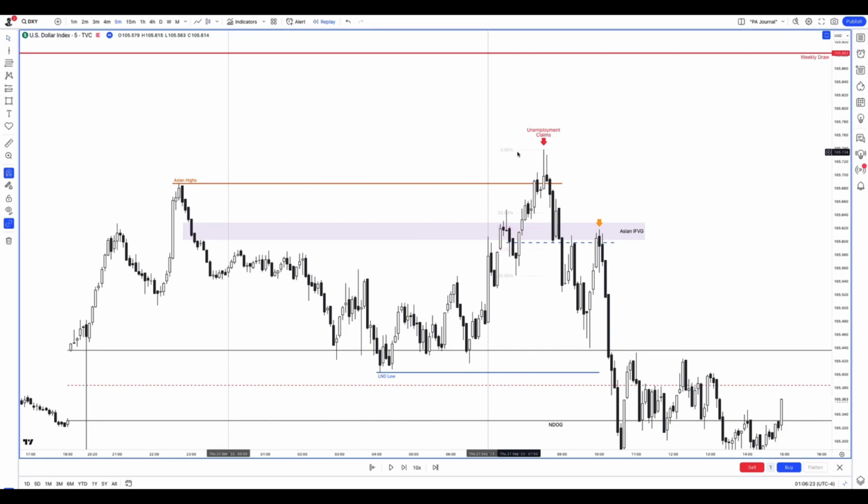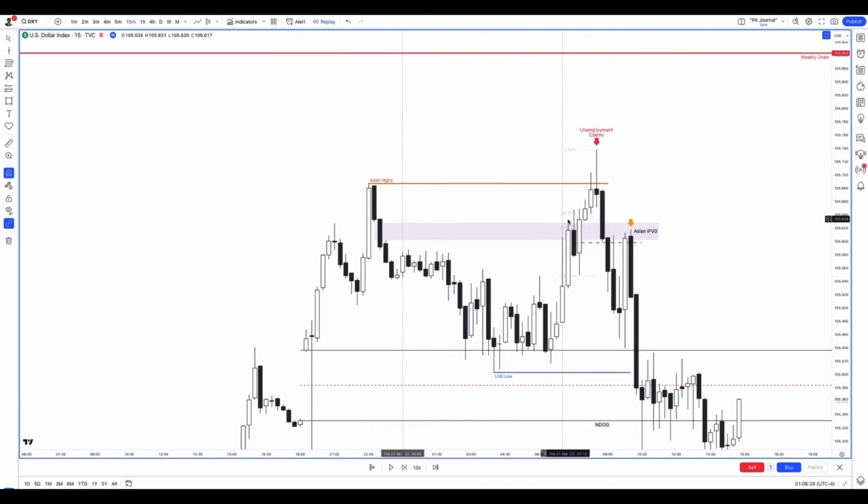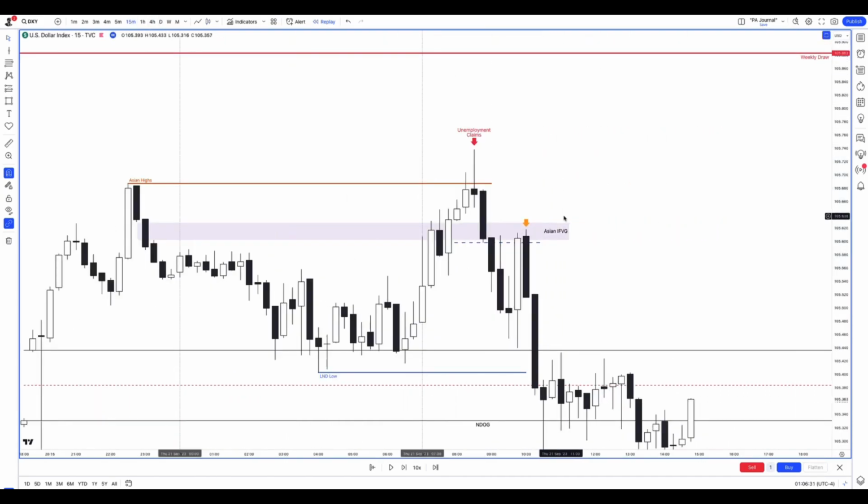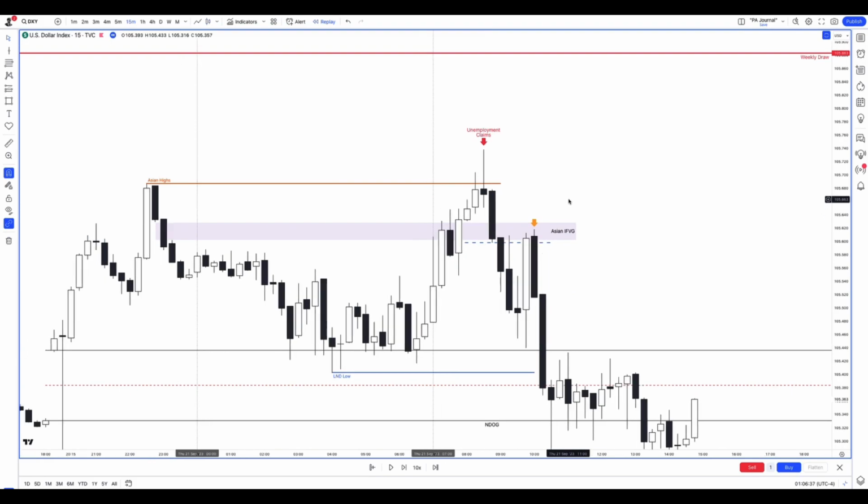Now, when did it become invalidated? ICT always says if you have 3 PD arrays break, your ass is next. And that's just what happened here. We had inversion fair value gap nested with an order block, nested with a subordinate 5-minute fair value gap. All of those broke on this displacement move here, which is not some random displacement since it took out Asia highs and it was in that New York kill zone with the Thursday high of the week filter.